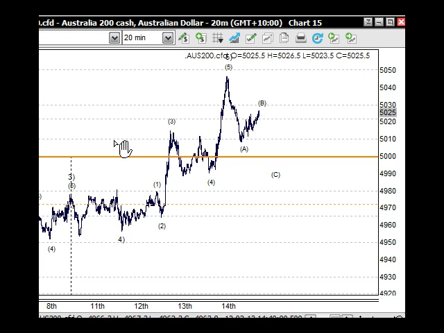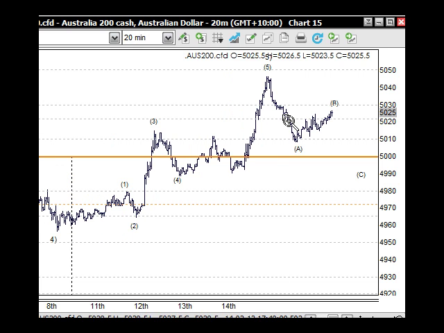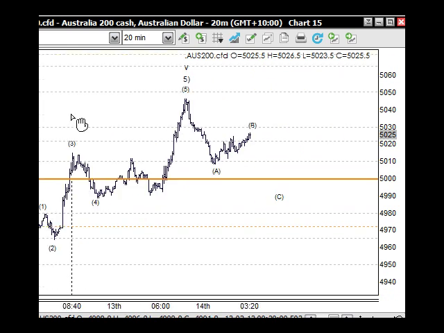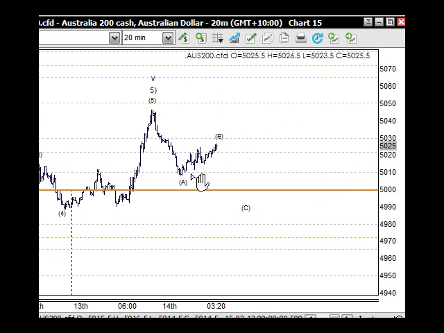Now, in saying that, this wave 4 could actually go here, and it does count well from here as well. So we could have a 1, a 2, a 3, back for 4, and then up for 5 here, and then roll over from that point. I don't think that's the case though, but when we look at this through here, it does appear that we've got a little 5-wave structure down here, so a 3-wave structure for wave B, and then down for wave C here.